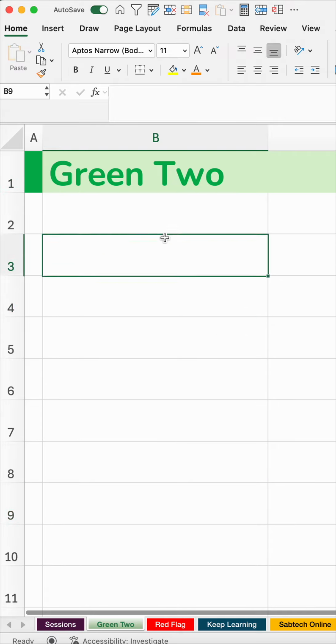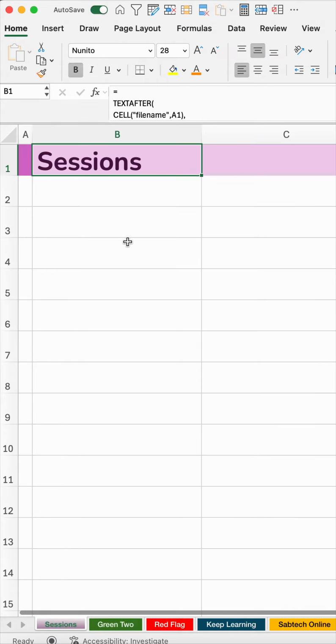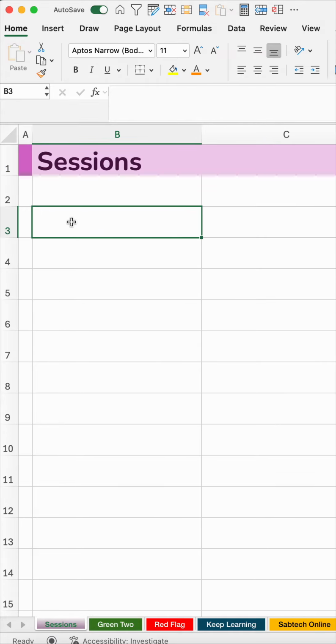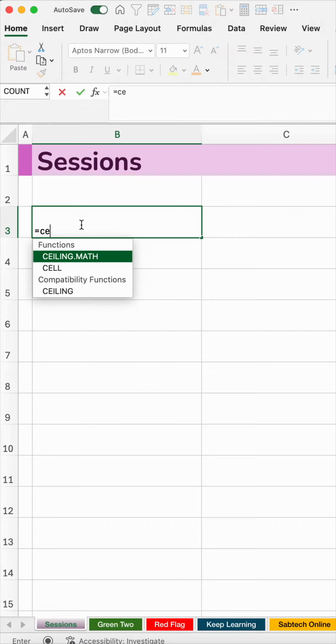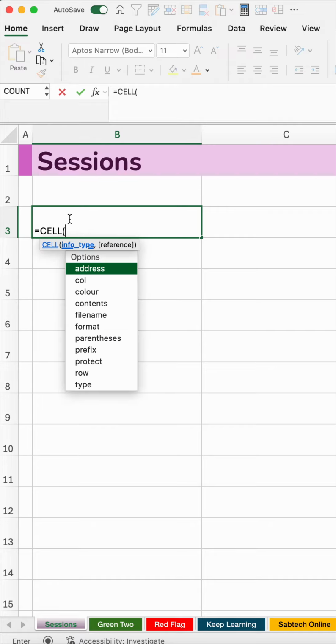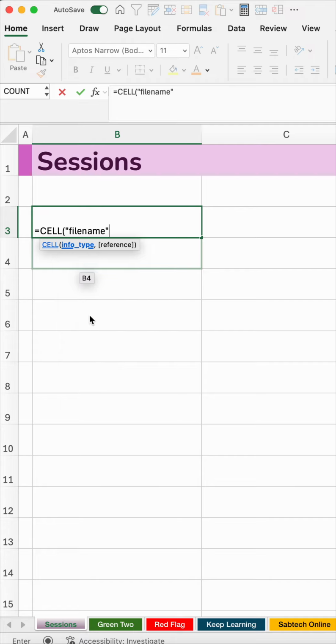Now the first thing is we use the function in Excel that is the CELL function. So I will use this, equals CELL. Then info type. What are we going to look for? We are going to look for the file name, because we need the file name of this file we are working with. And